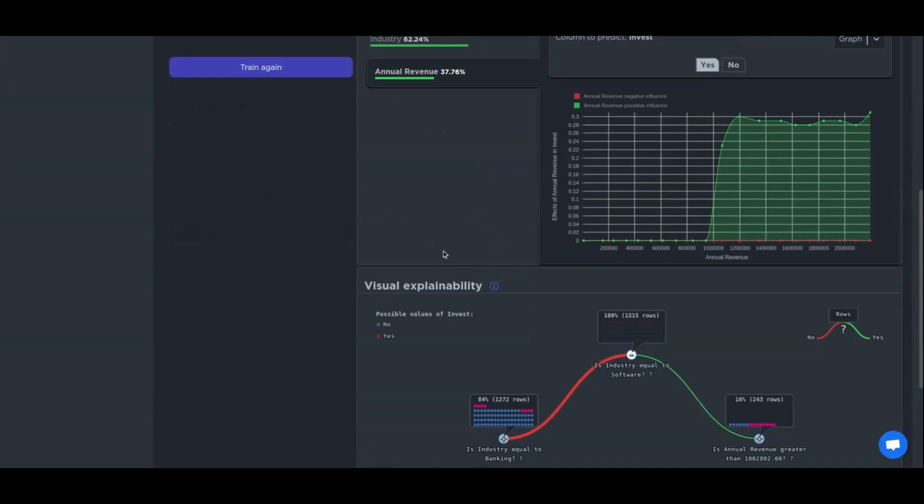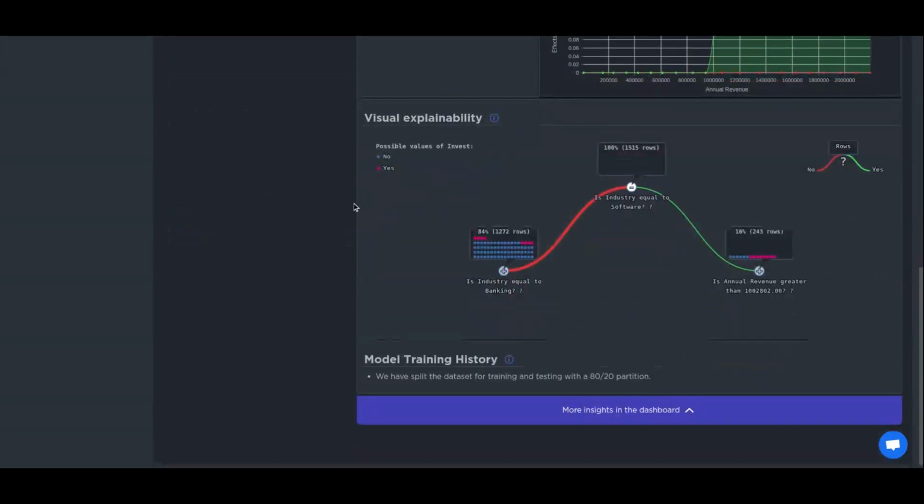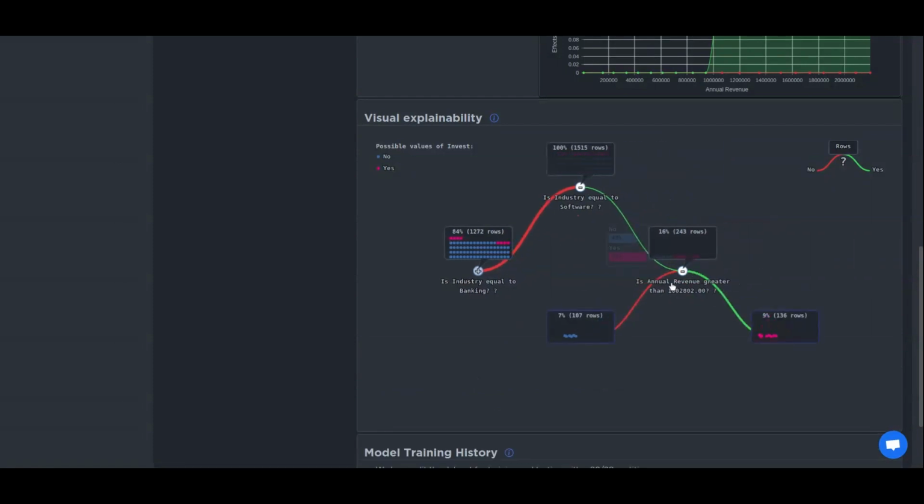With this, we can also get information in the visual explainability section. In this case, it is helping us to know how the model is getting the results. You can see that the system is automatically detecting that it's splitting the data using the industry, in this case, whether the industry is equal to software. If it is, it's just checking whether the annual revenue is greater than 1 million. Remember that it is creating and adjusting everything based on the data that we provide, so it doesn't know exactly that the formula says 1 million. If it is greater than 1 million, it is predicting yes. If it is not, it is